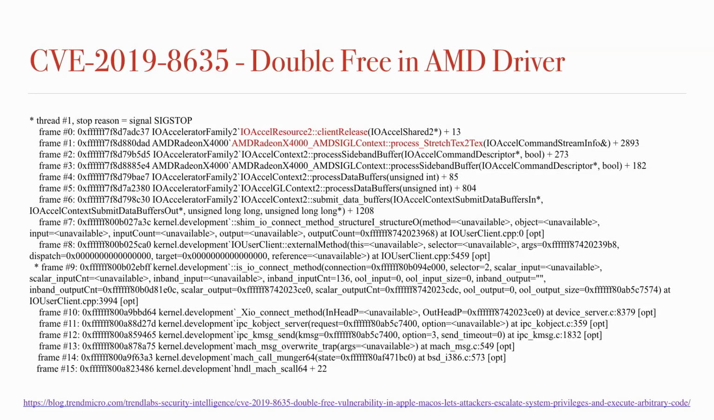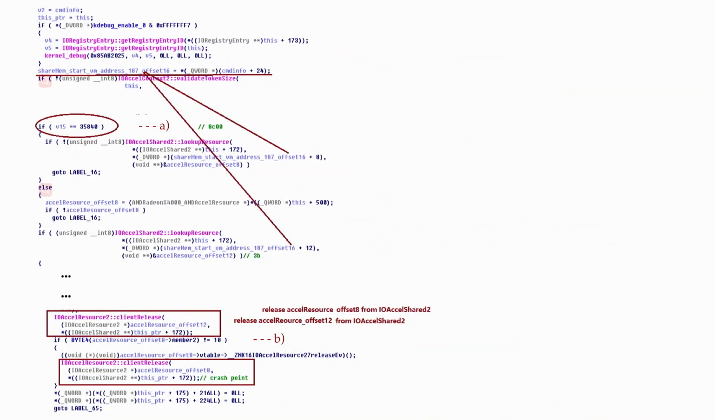This is a double free bug from the process stretch test-to-test function, which belongs to the MDSIGL context class, which is the derived class of our accelerator context 2. This function can be accessed using the MDSIGL context user class with selector 2 function, submit data buffers. This is the pseudocode snap of the process stretch test-to-test function. We can see that if V15 equal to